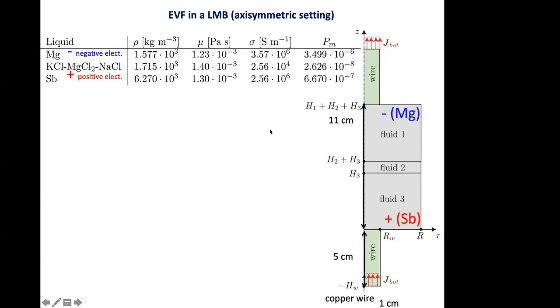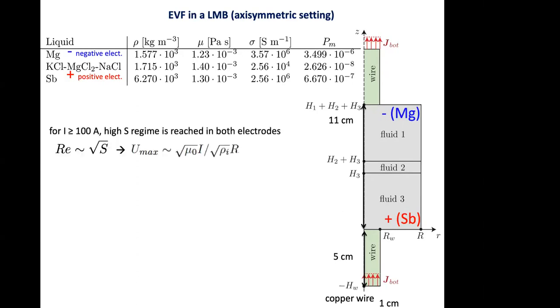So what I am considering is magnesium antimony liquid metal batteries. I'm using such a geometry, which is symmetric from bottom to top. Fluid 1 is magnesium, fluid 2 is electrolyte, and fluid 3 is antimony. And then we have copper wire. I will only perform some numerical simulation for a current which is greater than